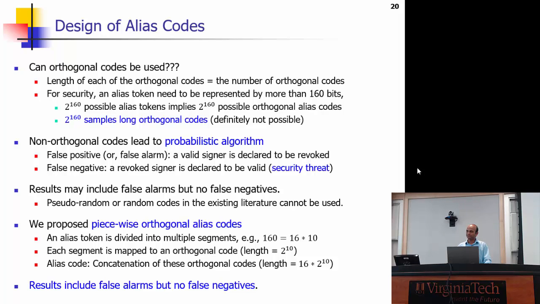Now that number could be anything. Since that number could be anything, the Alias code that you design should match to that number. So if the set was 160-bit long, but you are always using only a small subset, not all 2 to the power 160 values, then you could have designed a smaller orthogonal code. But for ensuring security of this mechanism, you have to randomly choose one of these 2 to the power 160 values. So the design should be for 2 to the power 160